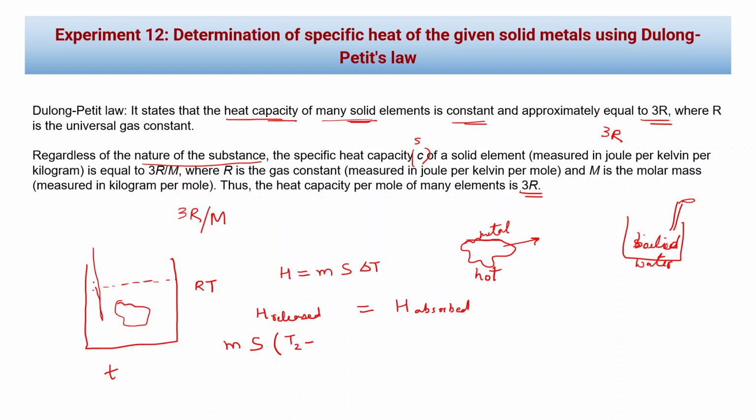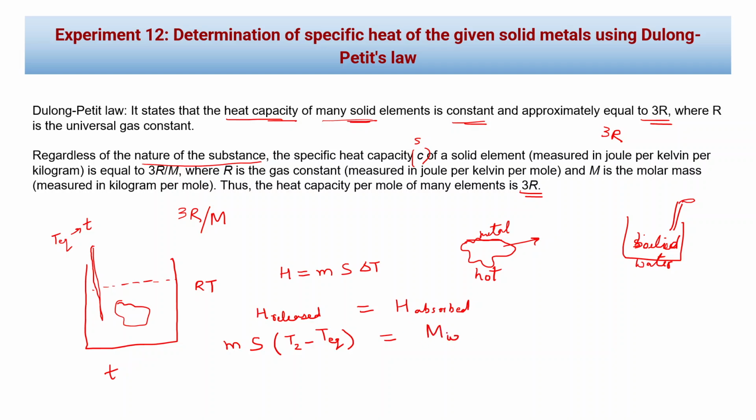Again here also, if I keep a thermometer, I'll be able to find out the equilibrium temperature after time T, not immediately, but after time T, when it reaches equilibrium. At that time I'll be able to find the equilibrium temperature. This will be equal to the